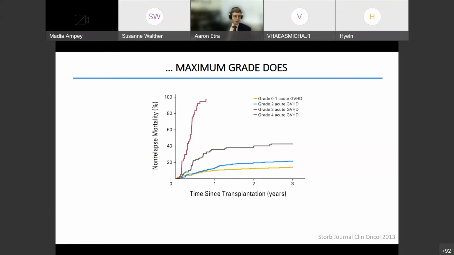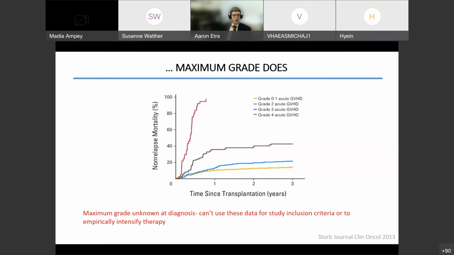studies, the problem is that maximum grade does correlate with outcomes. This was a paper published in 2013. People who have grade 4 GVHD at its worst, not at diagnosis necessarily, but at any time, these patients will do worse. They'll have the highest non-relapse mortality as compared to the patients who have a max grade of, say, grade 1 acute graft versus host disease. And this poses major challenges in clinical trial development, right? You don't know how badly somebody's going to do in the future. I wish we would, right? That way we would know how to prognosticate, but we don't know how badly somebody's going to do at diagnosis. And so you can't use these data for study inclusion criteria or to empirically intensify therapy,